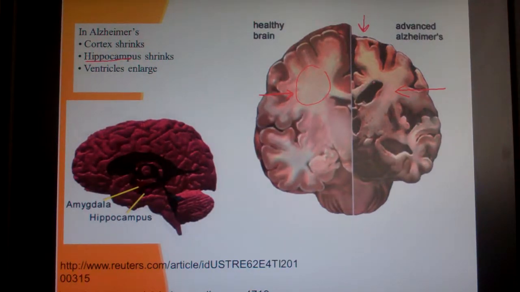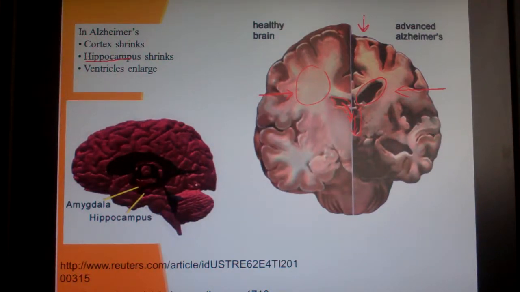get really big. So these big spaces in here, where your cerebrospinal fluid flows down through there, the lateral and the third ventricles and so forth, are not supposed to be that big. They're supposed to be smaller. The fluid flows through there into the third ventricle and so forth and down, and it's not supposed to be that big. So the main thing here is your cortex is all shrunken up, and you get the big